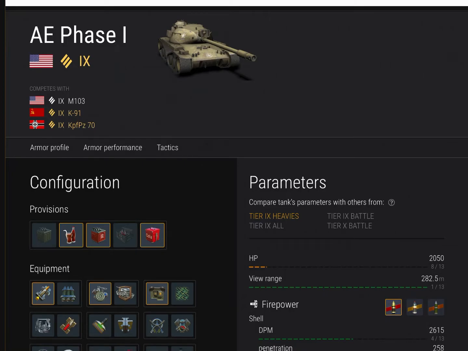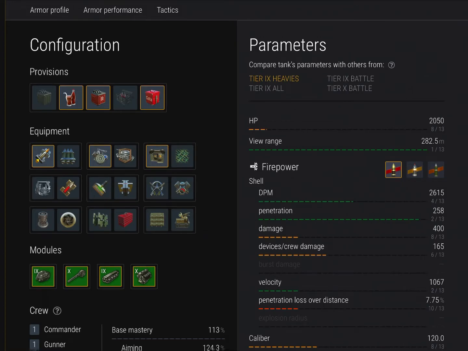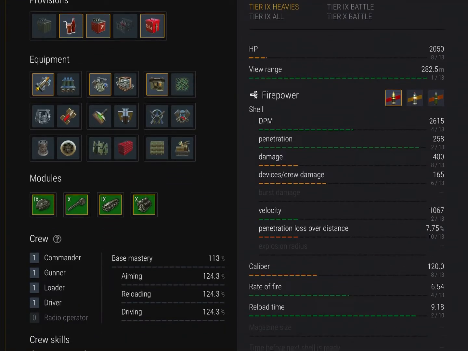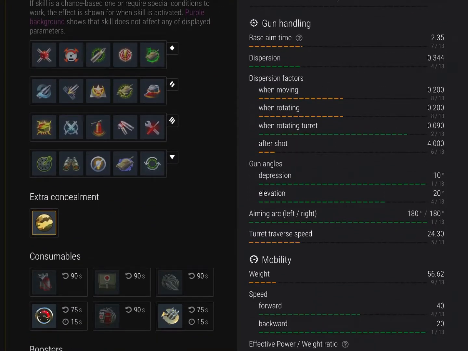So concerning this tank, it has 2050 HP, kind of your standard tier 9 heavy tank HP, a 2615 DPM, 258 millimeters of penetration, 400 alpha, and a 9.18 second reload. So everything right there just seems pretty good to decent. It's nothing bad there. I mean, everything looks pretty good, but you'll see what's so good about this tank in a minute here compared to the other ones. So accuracy is not the best here,